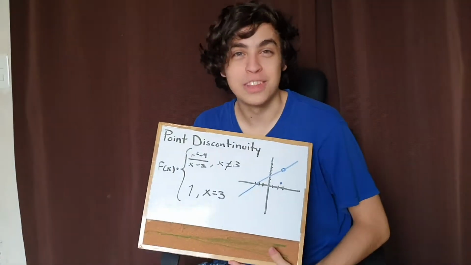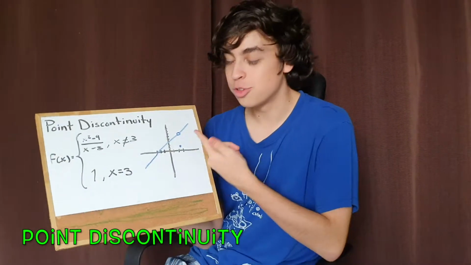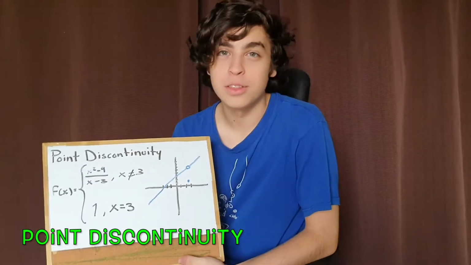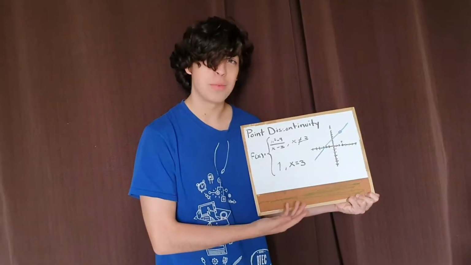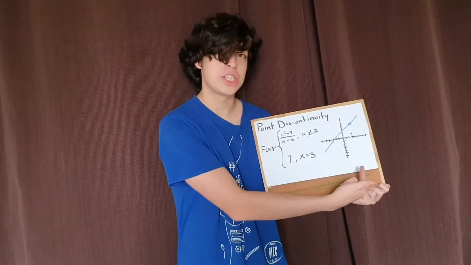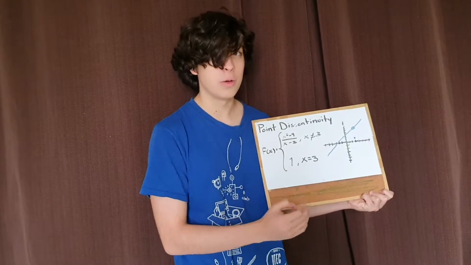This type of discontinuity is known as point discontinuity. This happens when the two-sided limit exists but doesn't have the same value as the function. For example, the limit as x approaches 3 from both sides is 6, but the y value when x